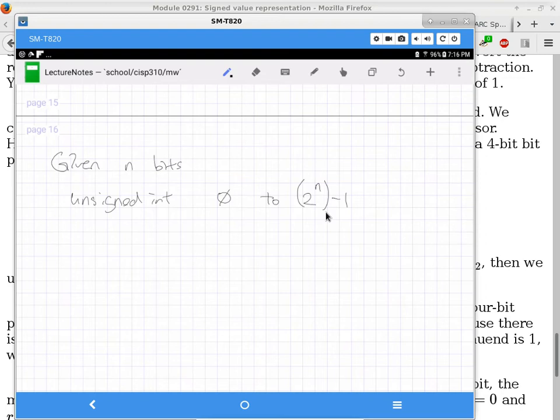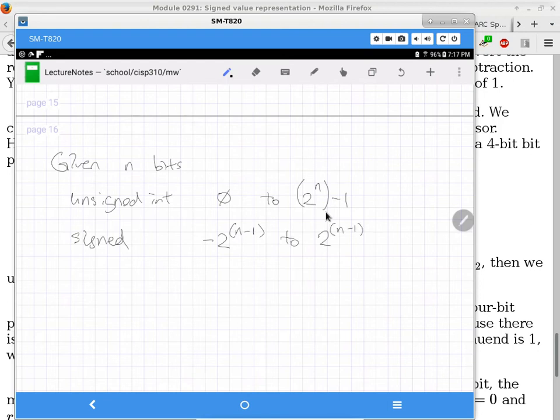When n is 3, what is the largest unsigned value that I can represent? 7, because 2 to the power of 3 is 8, and 8 minus 1 is 7. What about signed integers? When you're dealing with signed integers, then you are going from negative 2 to the power of (n minus 1). This time n minus 1 is in parentheses, which means the entire thing, n minus 1, is the exponent of 2. This is the most negative value that you can represent. Then up to 2 to the power of (n minus 1)